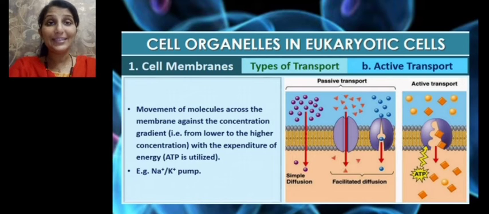If molecules have to move against a concentration gradient, it requires expenditure of energy, where ATP is used. ATP is adenosine triphosphate, and we know it is the energy currency of a cell. So whenever energy is required, ATP starts to break down, and utilizing this energy, molecules are transported. Such transport which involves energy and is against a concentration gradient is called active transport. For example, the sodium pump and potassium pump, which are seen embedded within the lipid bilayer. So that's about active transport and passive transport.